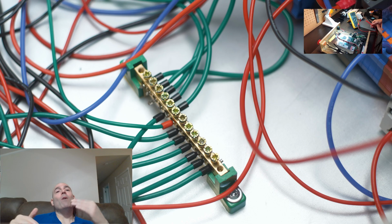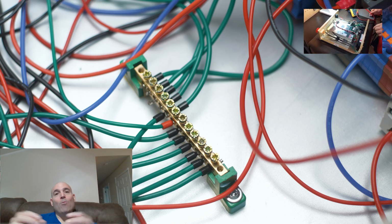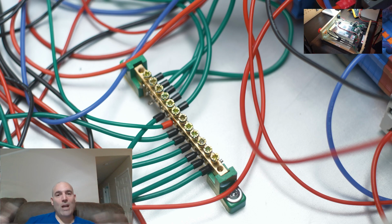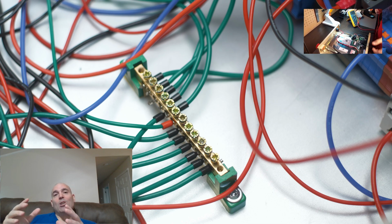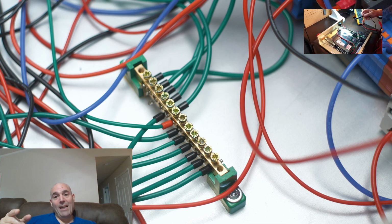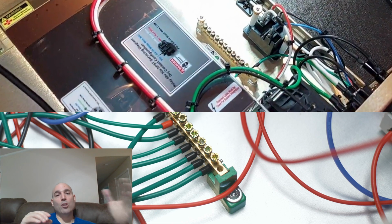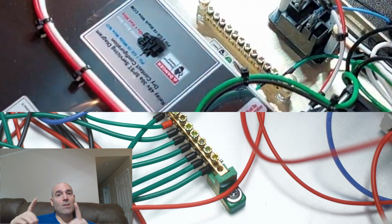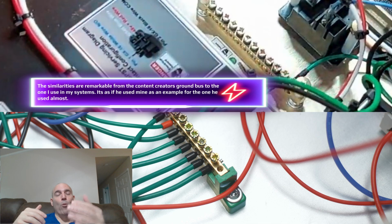And the main reason we want to make sure it's not insulated, you guessed it, is that it will make contact with the chassis, which is metal, and that means it's conductive, and therefore it grounds the chassis as well. Now, we don't know here if he actually attached a segregated lead from his ground to the chassis. When I say the ground, I mean the ground bus to his chassis. But in best practice, the chassis must be grounded along with the ground bus, once again performing the star point